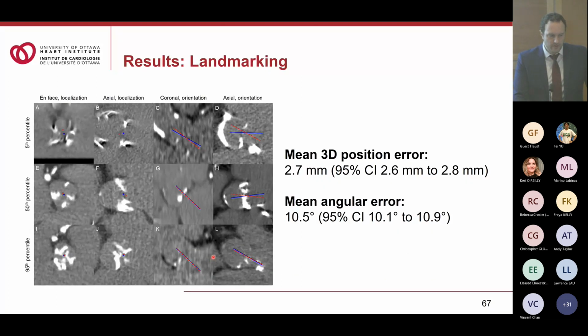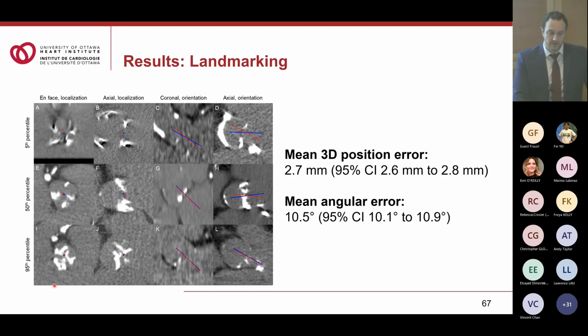So in terms of our results, these are sample images at 3 different levels of accuracy. So accuracy in the 5th percentile, 50th percentile, 95th percentile in terms of position for the first 2 columns, and in terms of orientation in the last 2 columns. And we found that the algorithm performed quite well. So for 3D position, we found an accuracy of 2.7